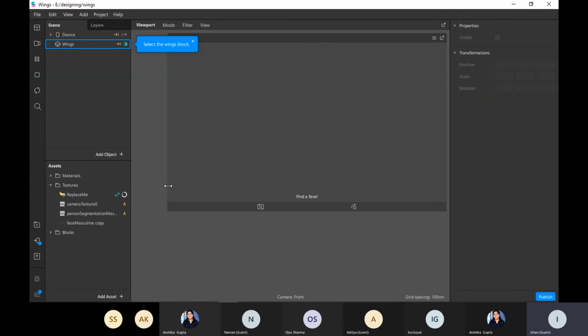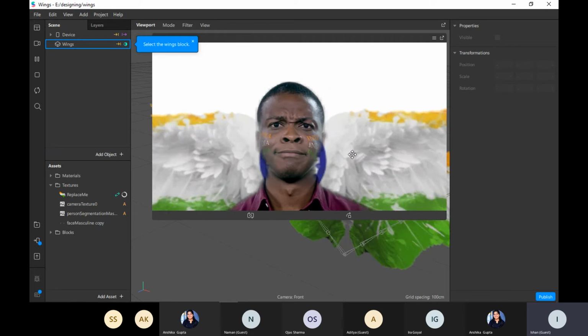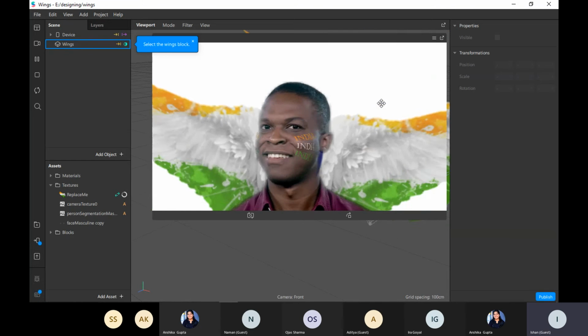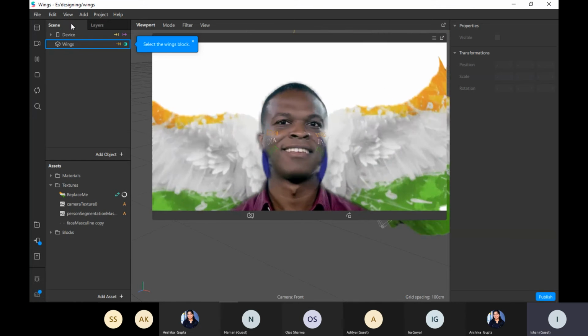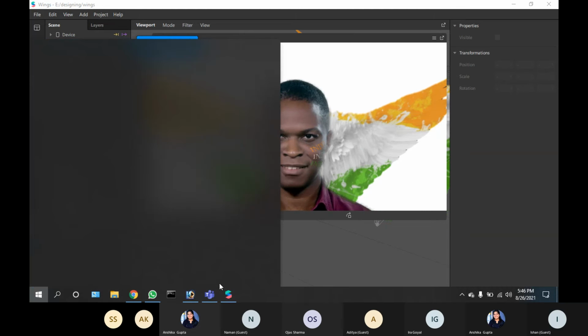This one I made. I tried making it for Independence Day, but there were some issues, so I was not able to publish it. You can see the wings are there.